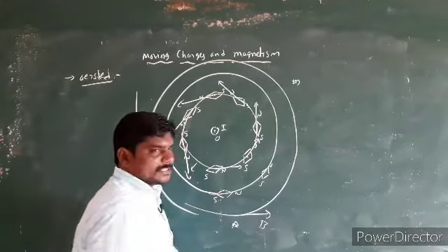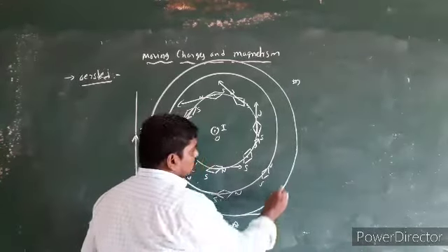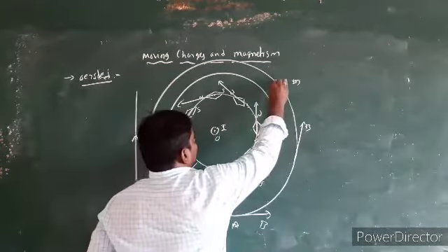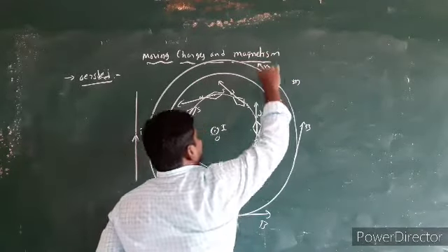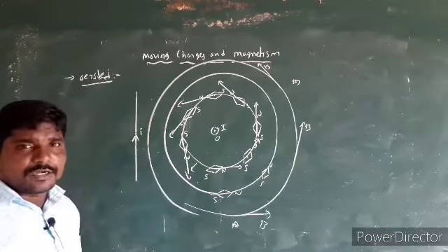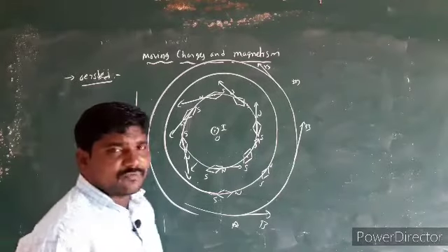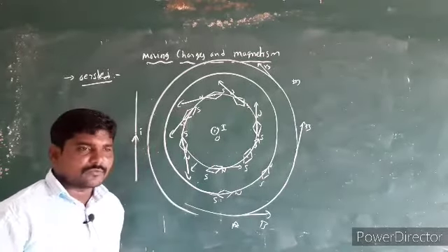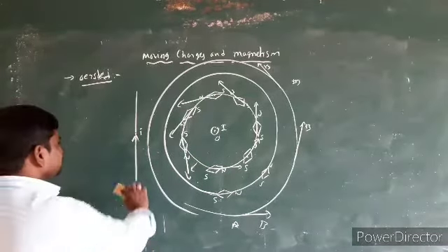The tangent drawn to the circle gives the direction of the magnetic field at this point. The magnetic field symbol is generally B. Consider one point here: if you want to know the direction of the magnetic field at this point, draw a tangent. The tangent drawn to the circle at any point gives the direction of the magnetic field. The fourth one is that the magnetic field lines are in the plane perpendicular to the length of the conductor. These are Oersted's observations.